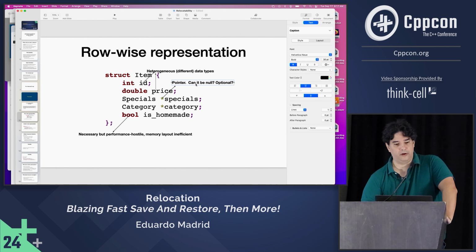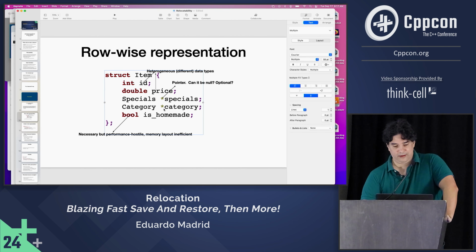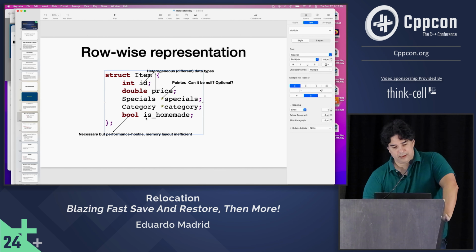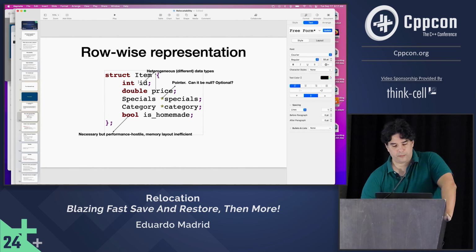I was already commenting on the characteristic of this pointer, of whether it can be null or not. I told you that category is a pointer to a valid object, that these data types do not participate in ownership, and a Boolean. What is the problem with Booleans in normal structures? That even though they may be necessary, they are performance hostile.